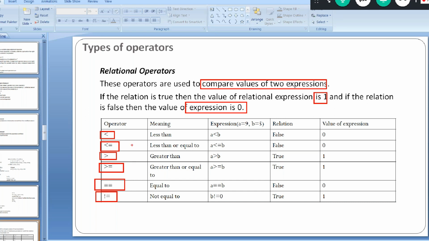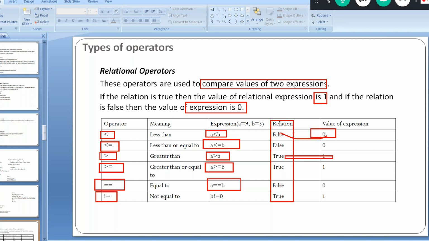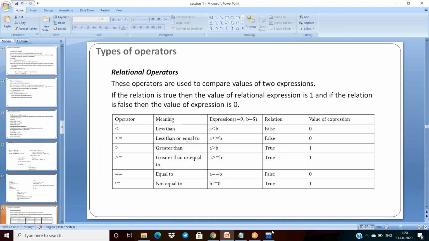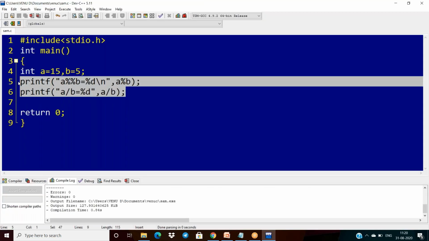For example, I'm writing a less than b, and if you want to print its value, a is 9 and b is 5. Is 9 less than 5 true? False. That is why you will get 0. So like this, you can write the conditions and give the relation here. But there is no concept of a Boolean data type in C. So instead of Boolean, false represents 0 and true represents 1. If you want proof of that, I will give the proof also.